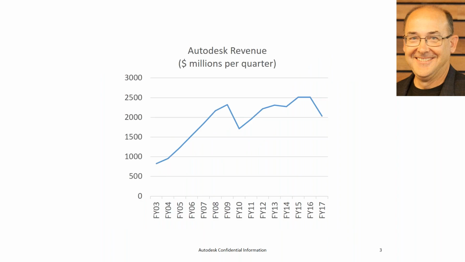If you look at Autodesk revenue per quarter, well, it says per quarter, it's actually per year. You'll see what our revenue has done over a period of 14 years. It went through that rapid growth in fiscal years 03, 04, 05, 06. And then for the last 6 or 7 years, it's been quite choppy. But if you look at it over a several-year period, Autodesk revenue is choppy, but it's relatively flat and mature. Again, that's the classic sign of maturity in a product offering and in a business model.